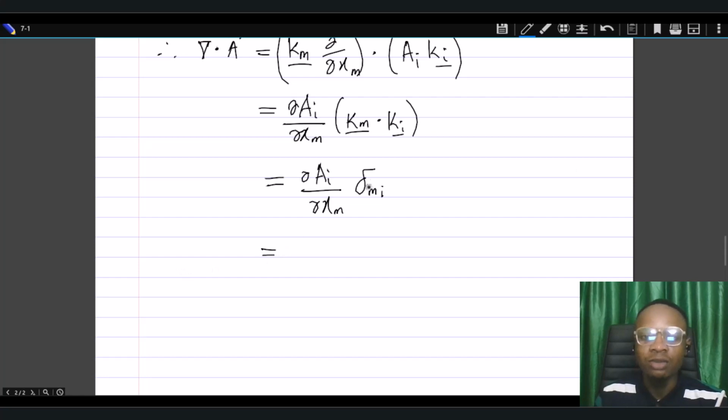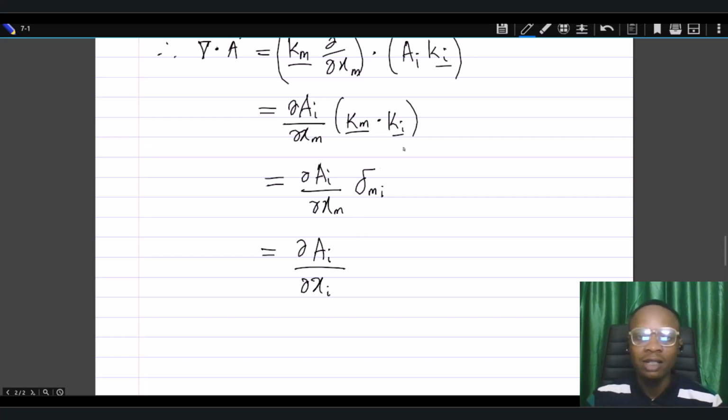So if we're going to let go of the Kronecker delta, we can replace M with I everywhere we have it, or replace I with M everywhere we have it, because here M and I appear in both terms. So I mean M and I appear in the term written together with this, or the expression, or the coefficient of the Kronecker delta notation here. And so by that we can write this as del A I. So I just want to keep I. So then M will be replaced with I, so that will be del xi,